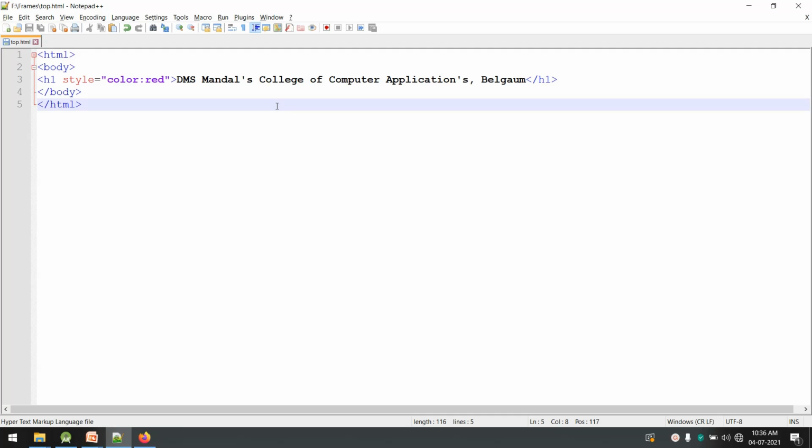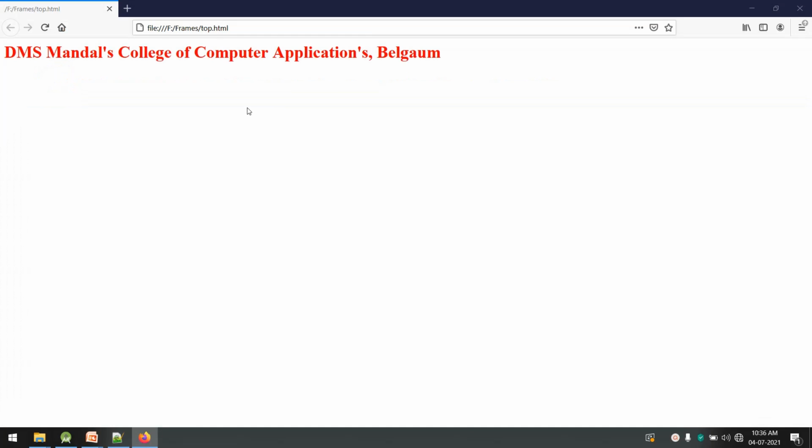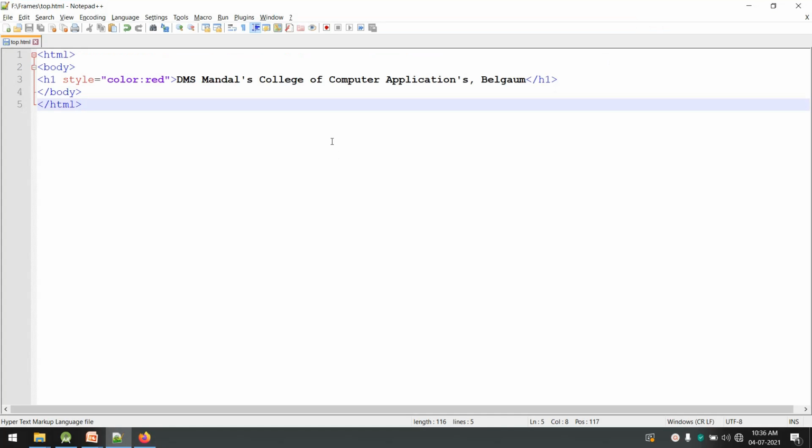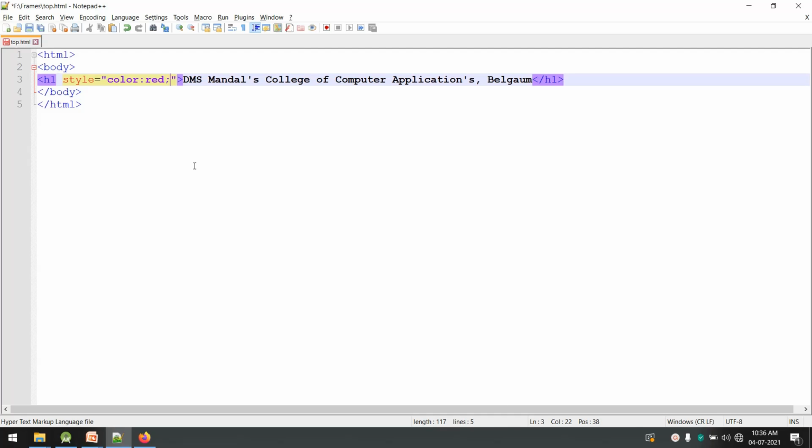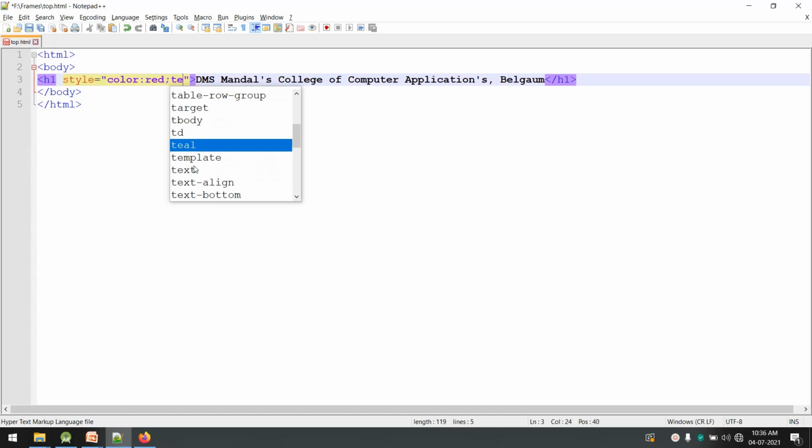Now say I want to even apply the alignment. The text is now left aligned, you can see. I want it to be center aligned. Then what I can do is add one more property to it. To add one more property, I have to give a semicolon in between, remember. Then the next property I want to apply is text alignment.